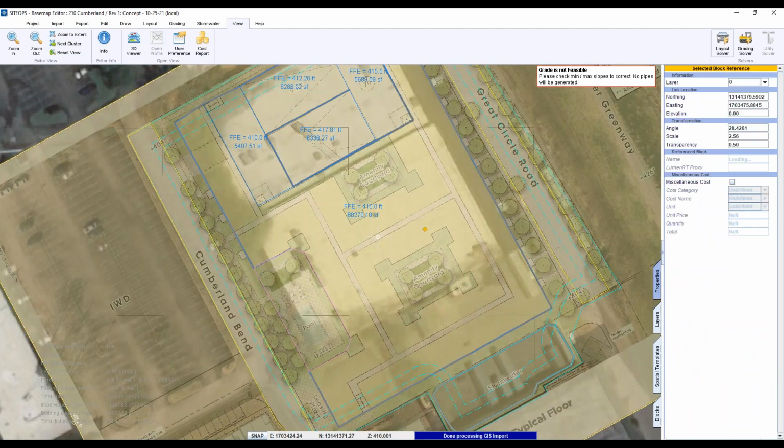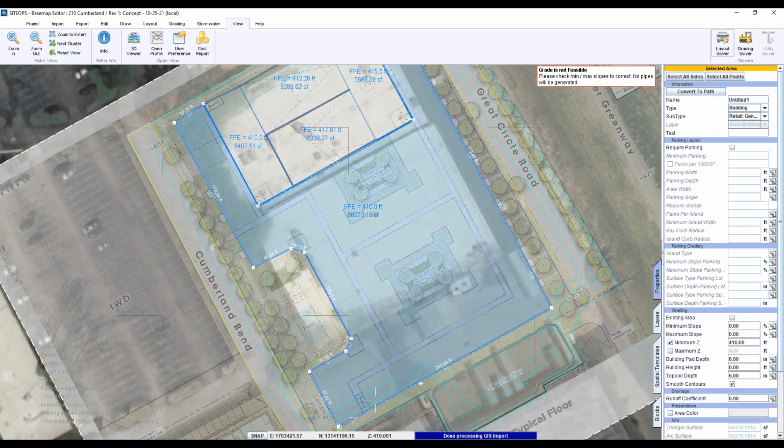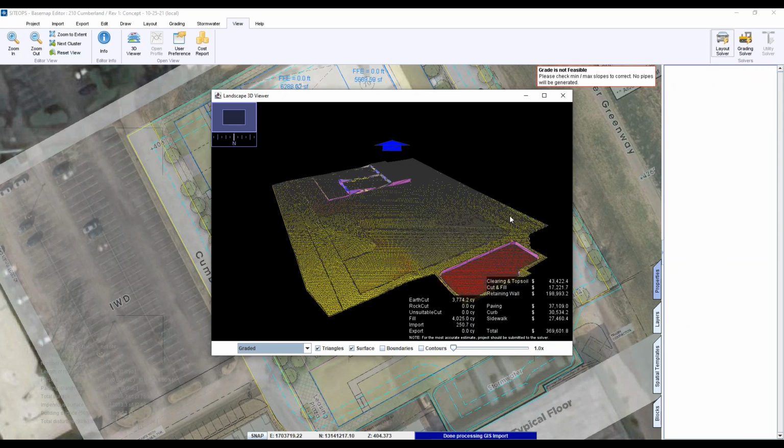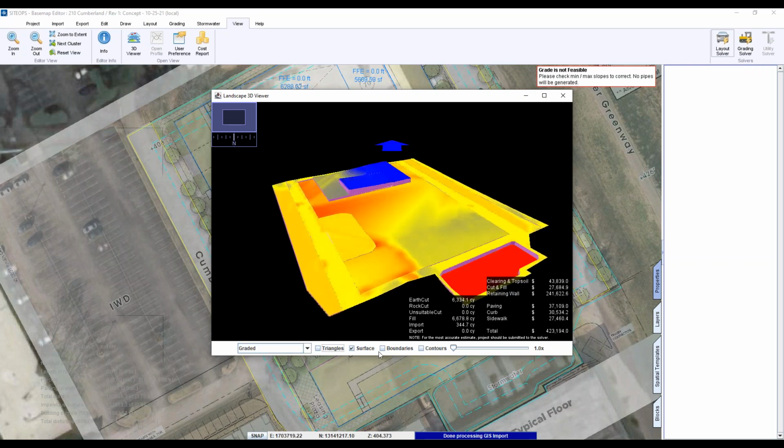Yes, that was the easiest way to do it. If we catch that area there, it's got that hard set at 410. Just to see what it would look like if you took it out, it would lower that slab down to make it less import, less walls.